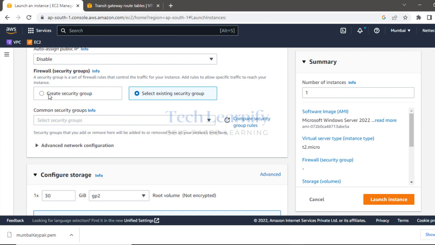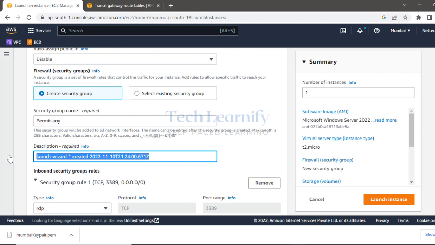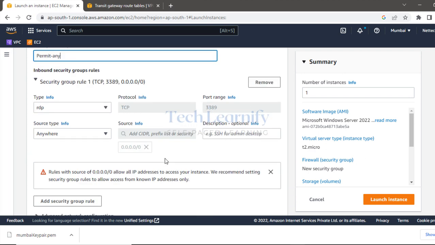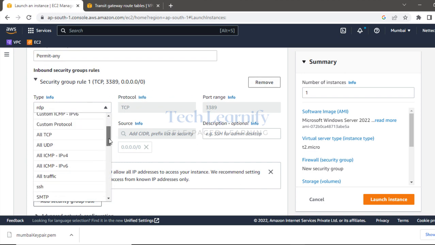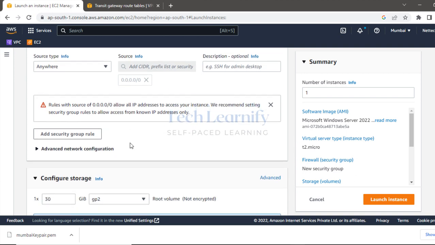Permit all, no. So I want to create a security group, permit any, because we want to control traffic with Palo Alto firewall. So remove this rule, and the rule we want: all traffic from anywhere. All right,